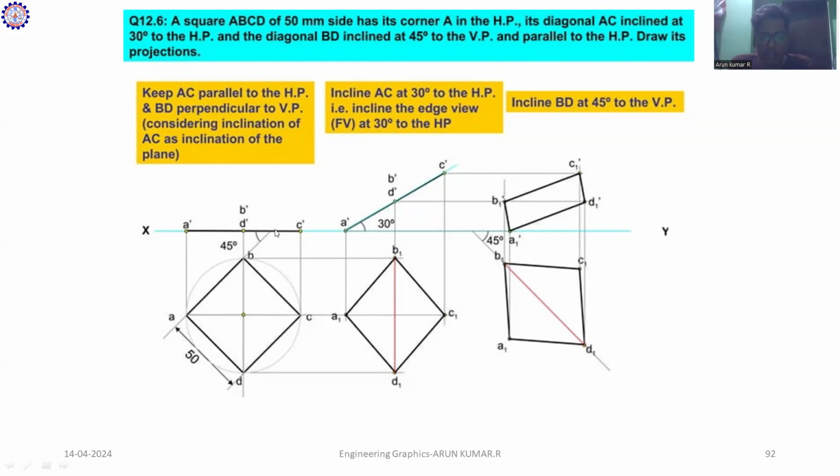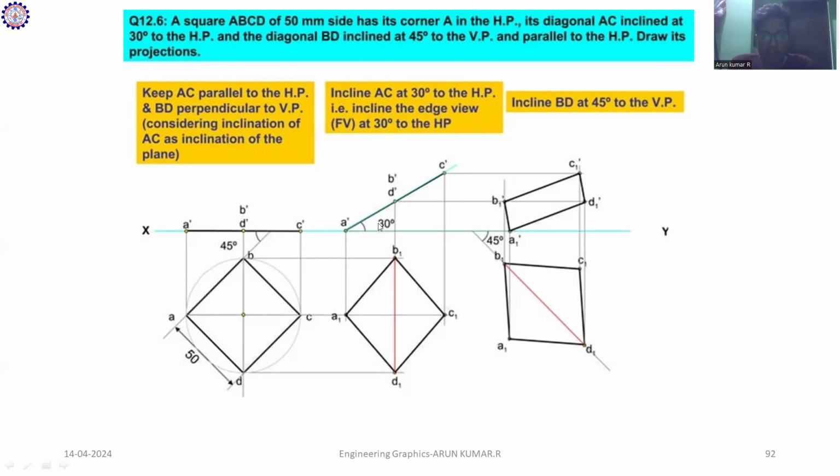Then you join the line AC. After joining the line AC, you have to measure the value, like 55 or 60, whatever it is. You just measure the distance between a dash and c dash. Once you complete this step,